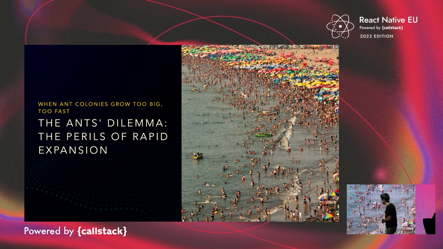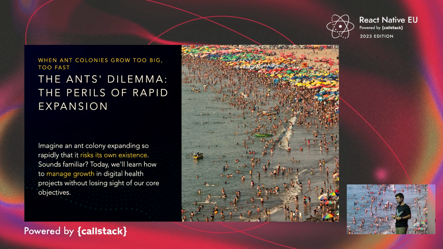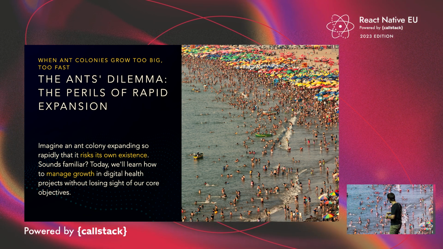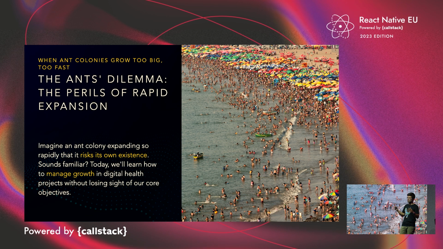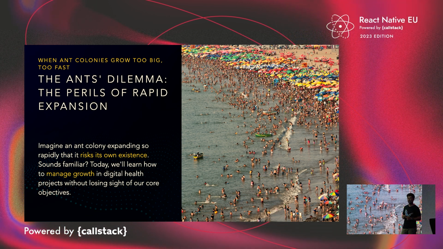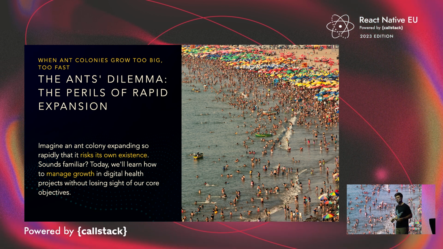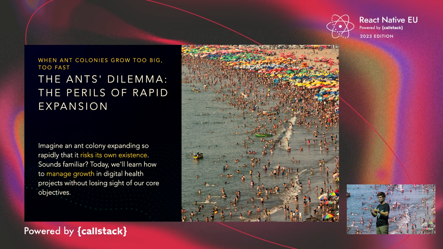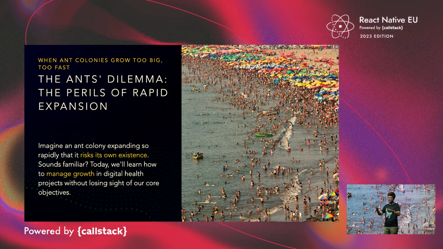And here I didn't find an ants picture, just because it was hard to see the population per se, and I'm from Spain, so I thought of summertime, a lot of people at the beach, you will see the problem of scaling. The ants, when they scale, have a big problem. They run out of resources, and what happens in many cases is they eat each other to be able to save the colony. The important part is the community.